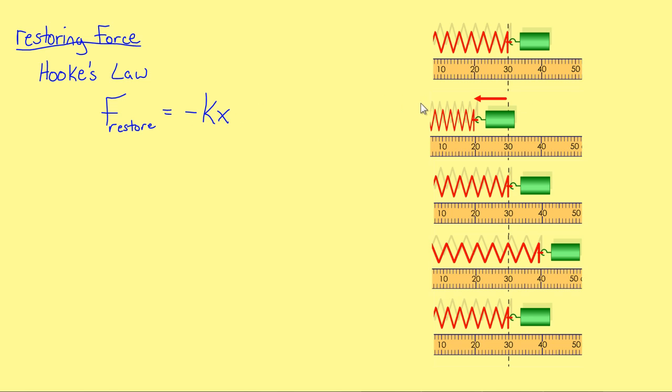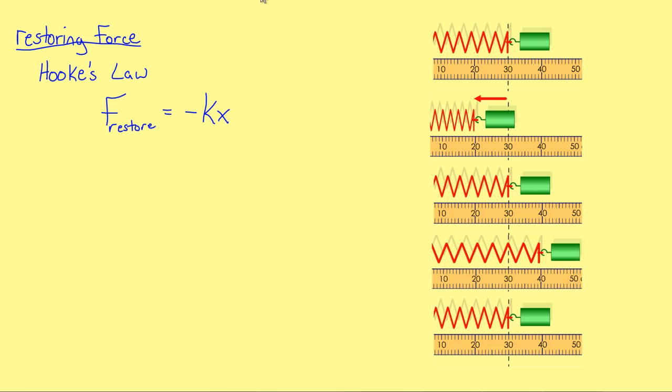Now, whenever I do this, let's say I pull my spring back and then I let it go, well, it's going to push the mass or push the spring forward, but it's not going to stop at the equilibrium point because it has some energy in it, which means that it's going to continue to move to a point that is equal away, just like on the pendulum, how it swung up to equal angles. So it's going to push to a point that's equal away, and it's going to have a restorative force